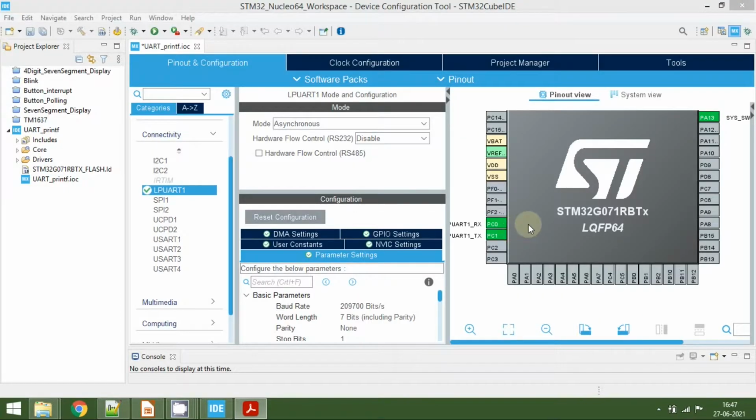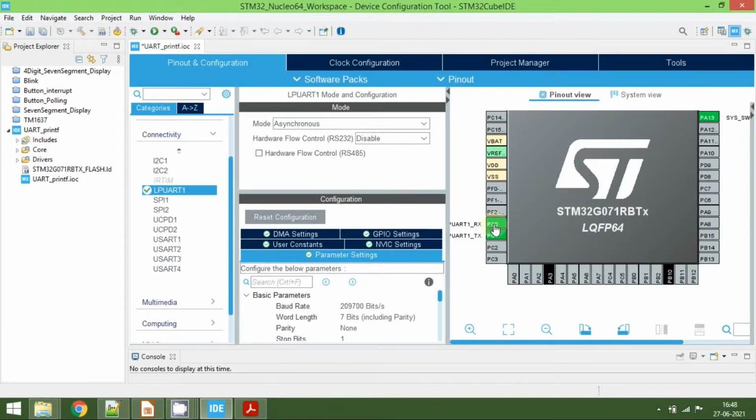In the Cube IDE, there is a provision to remap these pins to other pins which have the same functionality. For example, if you are using a UART, we need to map to the similar UART pins. To know which pins are exactly suitable, you need to press the control and click on the PC0. Now you will be able to see two pins highlighting or blinking with a black color.